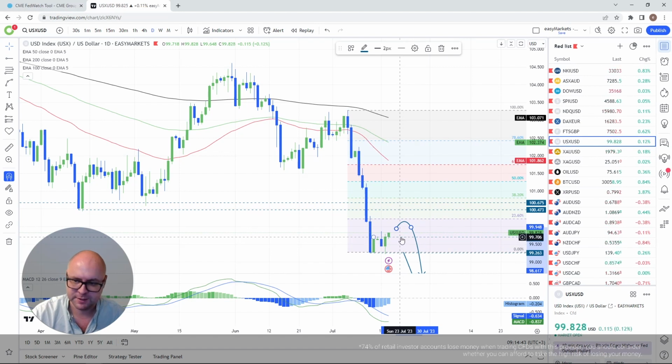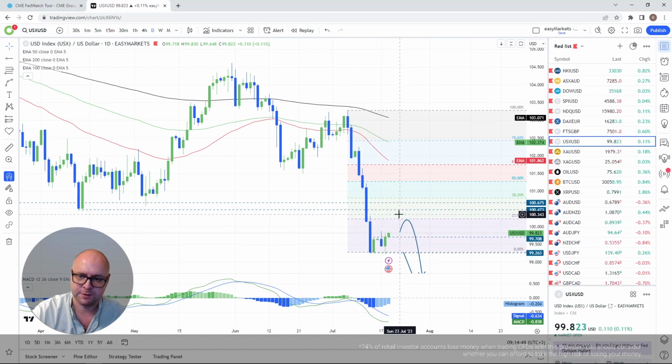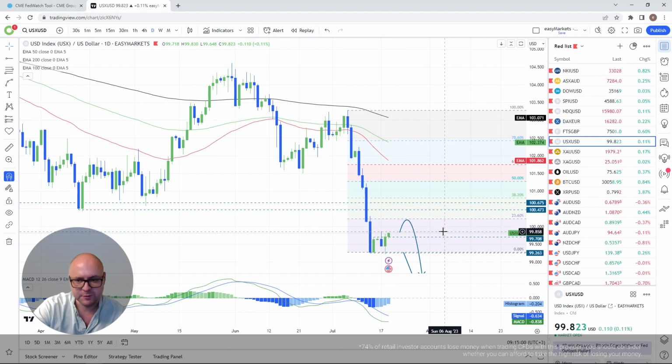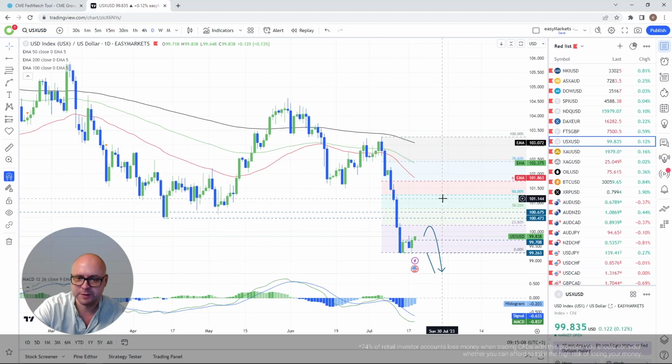And look, I said to you that if we do pop above this 99.70, I will consider this scenario where we could see a larger correction to the upside, maybe a test of that 23.6. And if we do test the 23.6, I'll pick up on this, of course, again, and I'll see what it wants to do after. Because at this point, I don't want to go way too far. If it clears the 23.6, yeah, we could go a little bit higher towards the 38.2, but my problem here is with these two levels,